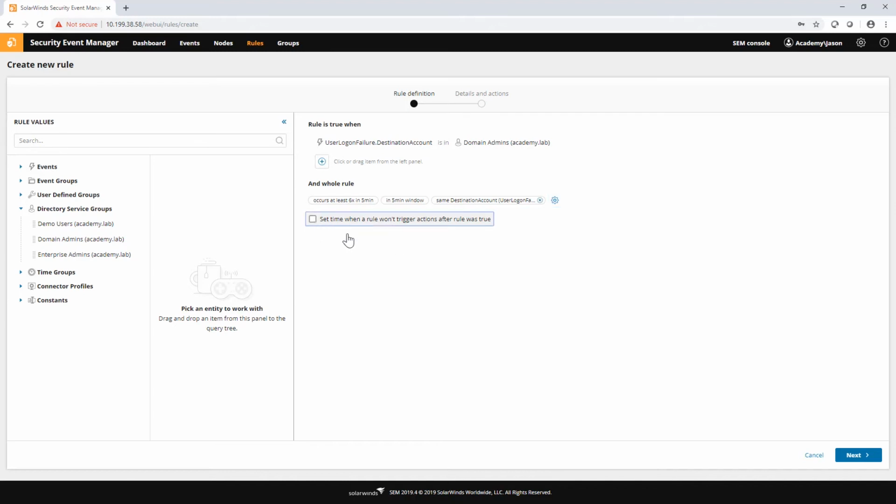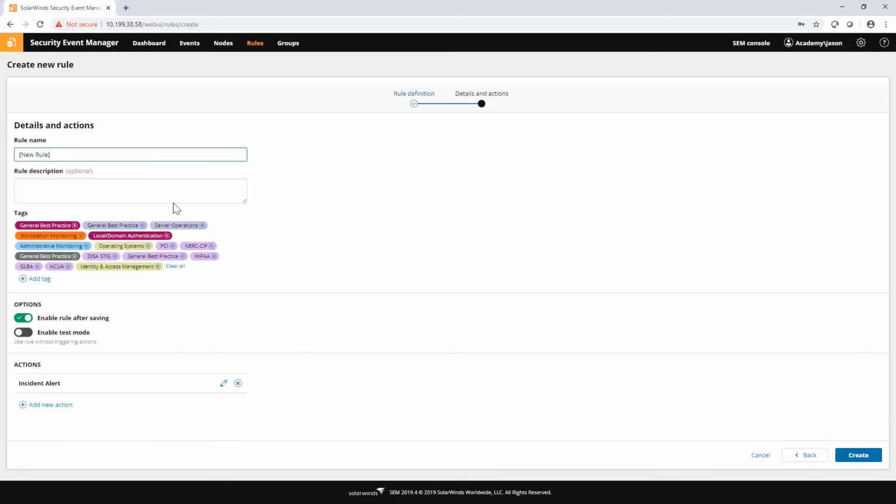If I were to click on this, it is essentially forcing the rule, no matter how many times the conditions are true and the rule should fire, to only perform the action of this rule one time every 30 seconds by default. So if this rule fires 10 times in a minute, you're only going to get a couple of those emails, which is much more manageable. But ideally, rather than rely on this particular backup option, it is much better to get the rule conditions as precise as possible to prevent those additional rules from firing.